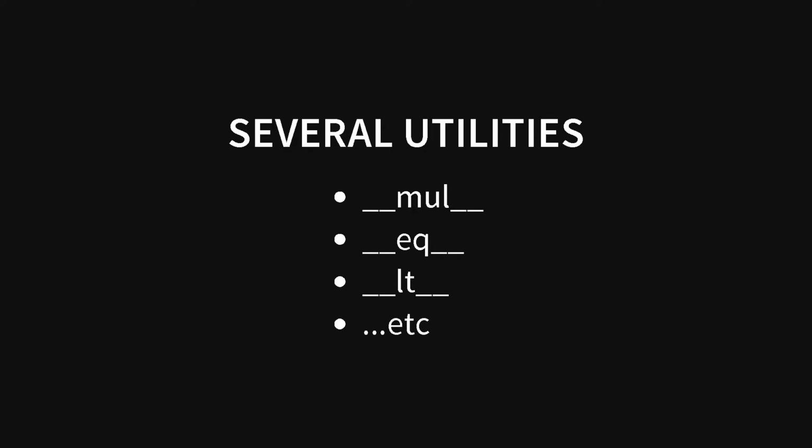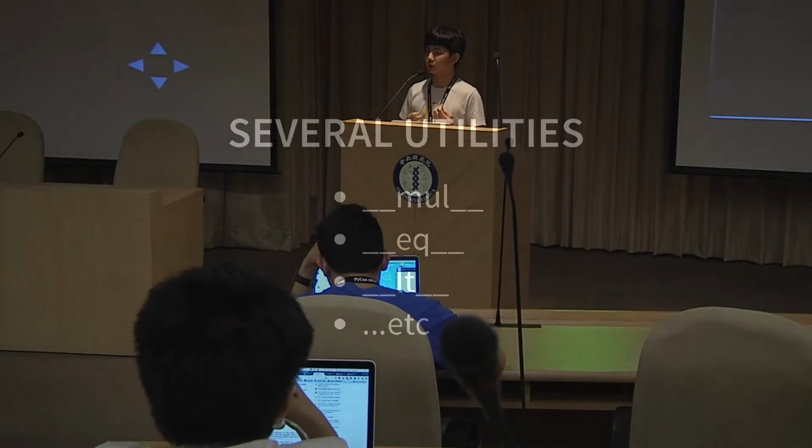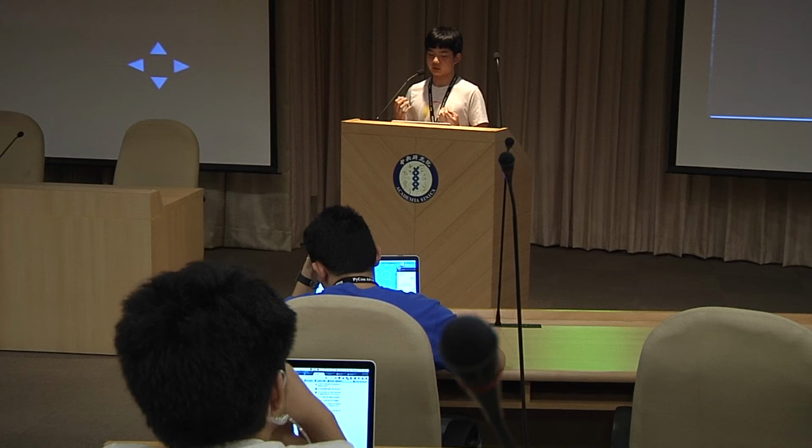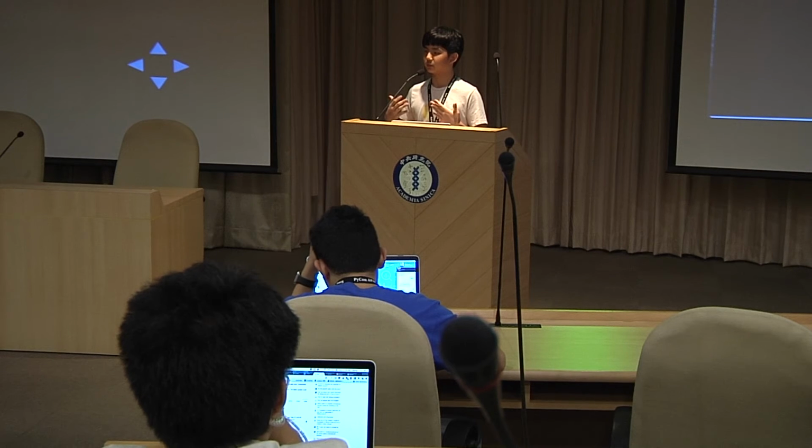And so here are several utilities. The first one is multiply, which is the same as the list multiply, and the EQ is used when comparing an object equal to another object. In this case, I'm going to compare two formulae by their length. I'm using their length because